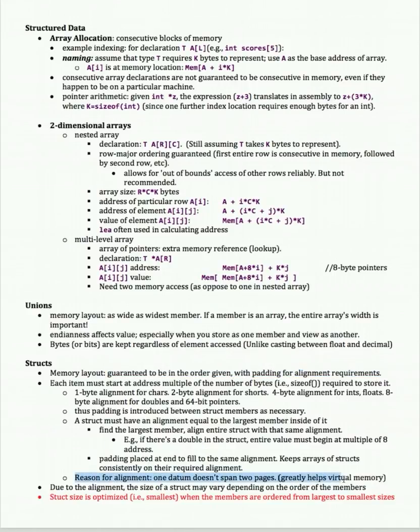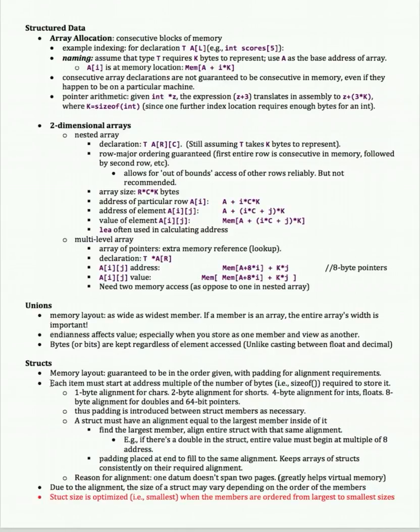Padding was so that the data does not span two pages in virtual memory, which we will learn in future lectures, so you don't really have to worry about what this is right now. You just accept that this is for fast memory access. Okay,